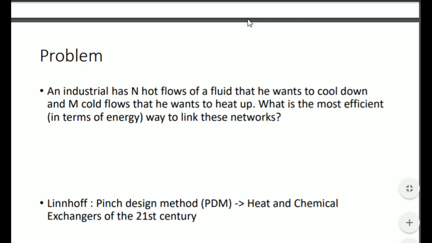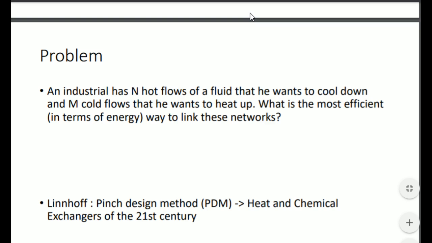So obviously, if you have something hot and something cold, you can reuse part of this energy to be more efficient. And this is one of the most interesting problems of the 21st century: I have some energy to use, how can I reuse this energy? And obviously, we will try to find networks to intertwine the streams of cold and hot flows in order to maximize the energy optimization.